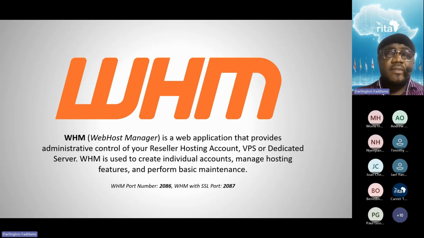What I'm going to tell you now is the port number we use to access WHM on the server. So if you have an IP address of a server, you can access that port number and most likely WHM is going to launch. So the port number for WHM, I want you to keep it in mind because this is what you are going to use throughout your career when it comes to server management. If you deal with this tool on a server called WHM, the port number is 2086. Please put that in the chat. WHM port number